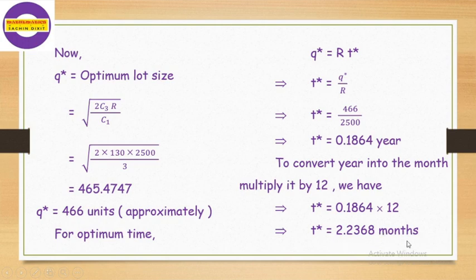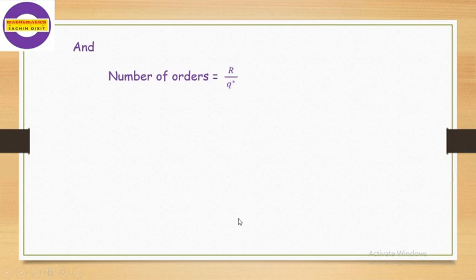2.2368 months. That means T star is 2.2368 months. Now, we have to find out the number of orders. Number of orders means R divided by Q star. R is total demand and Q star is lot size. Therefore, 2500 divided by